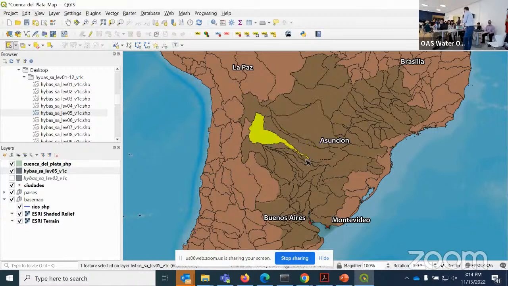Is everyone downloaded? Question: where is the file? The question is, where is the HydroSheds file? It depends where you download it onto your machine. I put it onto my desktop because it's easy to find. It may be in your downloads folder. If you scroll down here on the website,